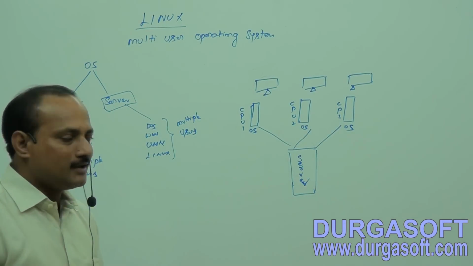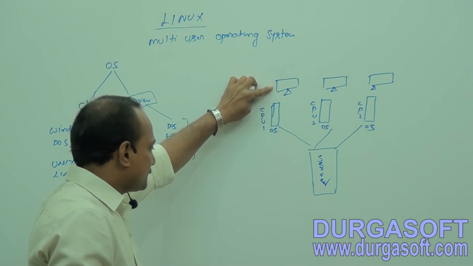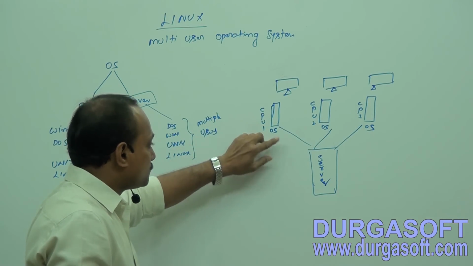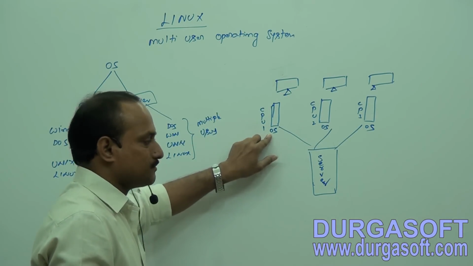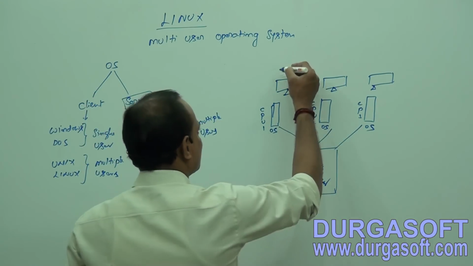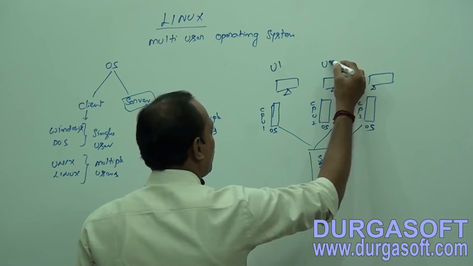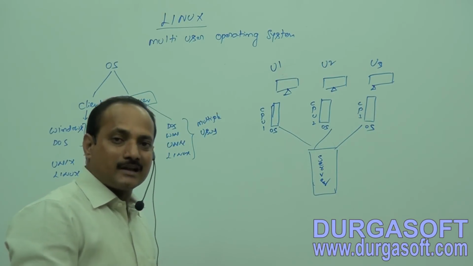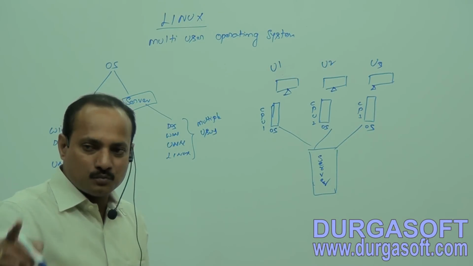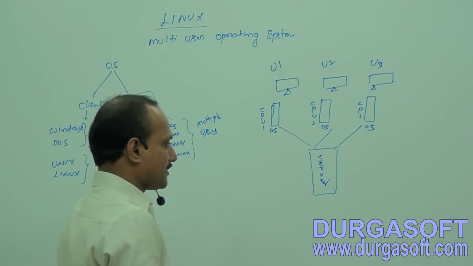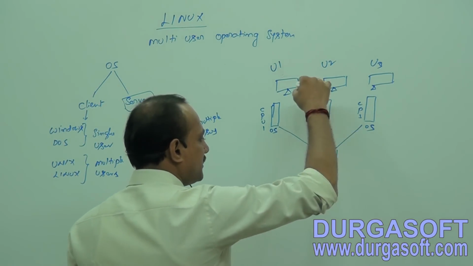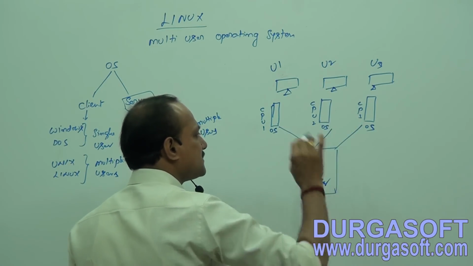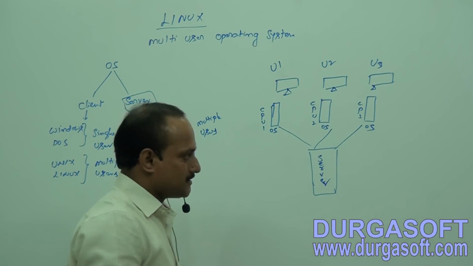That's not an issue. But here each user is connecting to the server through one operating system. So one user is able to log on under one operating system. They are not logging on to a single operating system; they are logging on to one operating system only, each user. This is one environment. We can't say here the operating system is a multi-user operating system.